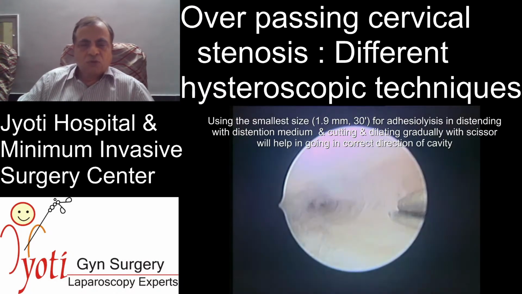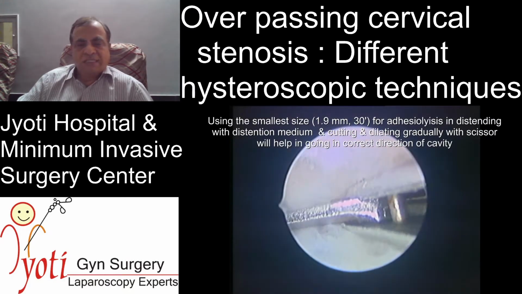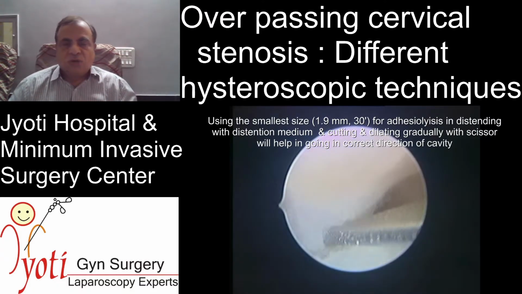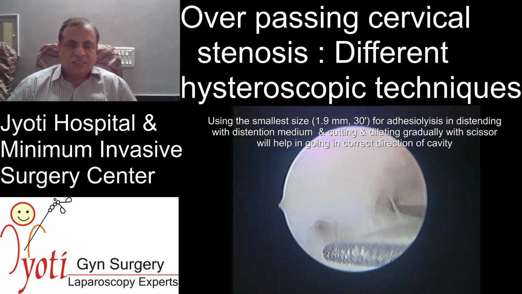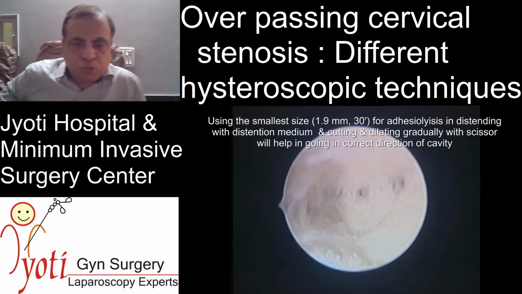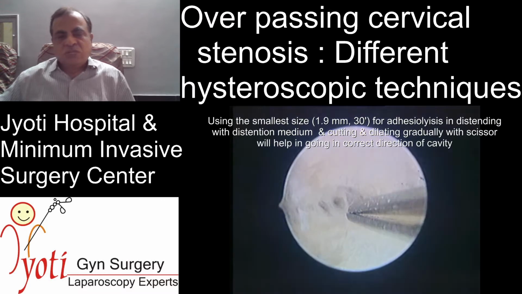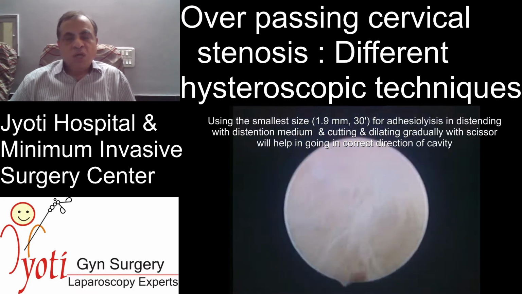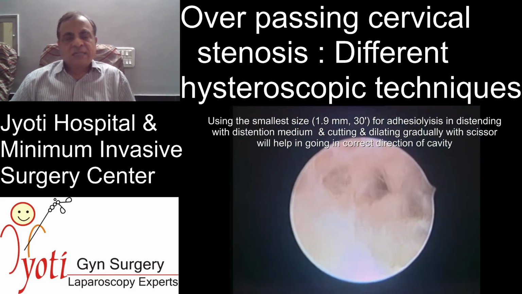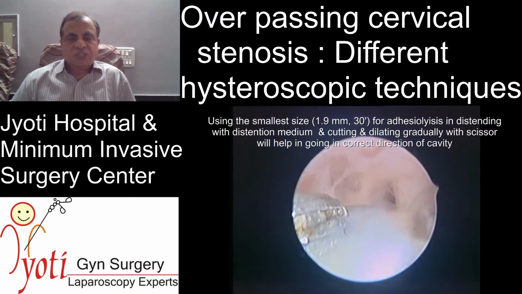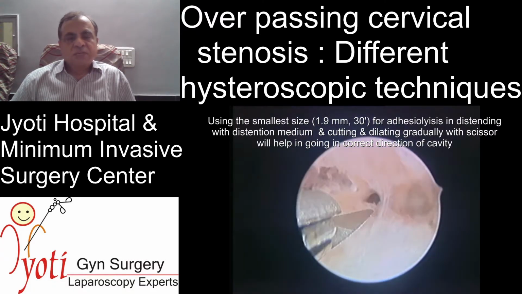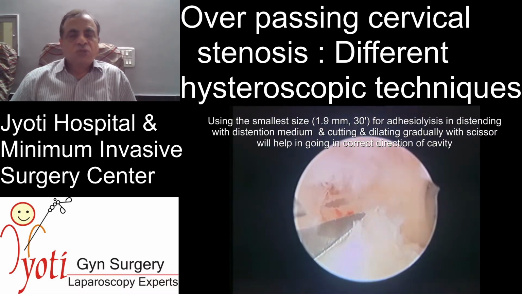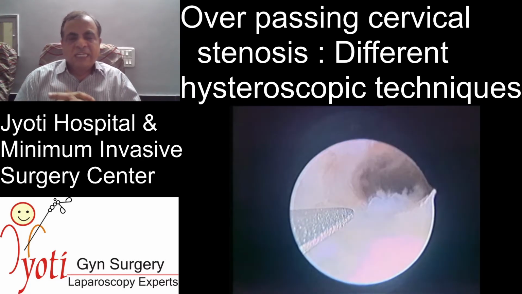So this is how you have to go on doing adhesiolysis till you enter inside the cervical canal and the internal os. Once you enter the internal os, then at least you should get some landmarks. So that's very important. This is a totally obliterated uterine cavity and cervix, and it's difficult to understand. But then you have to go beyond the internal os to find out whether some landmark is seen, like a tubal ostium or endometrium or anterior posterior wall or some wall, and you can appreciate here how, when you go on doing it in this manner and remaining in the midline